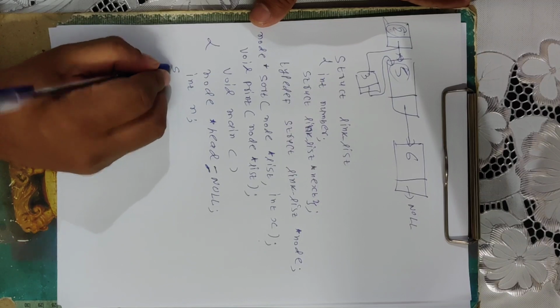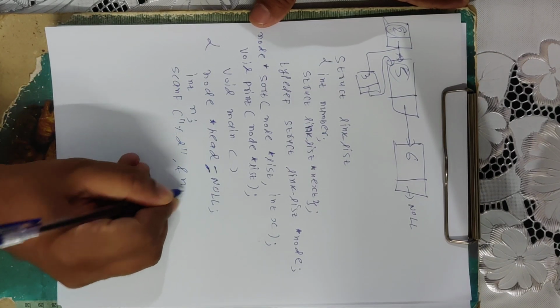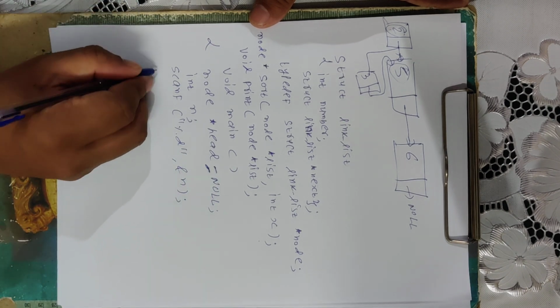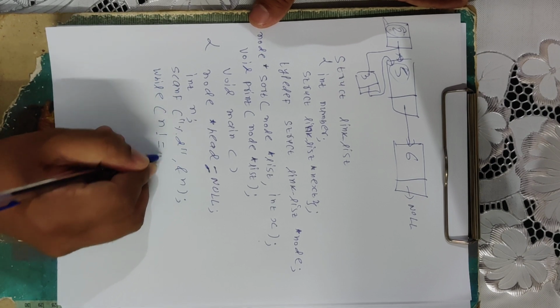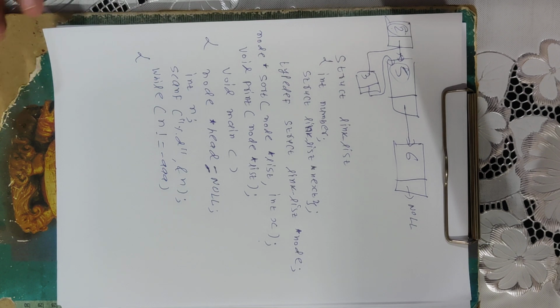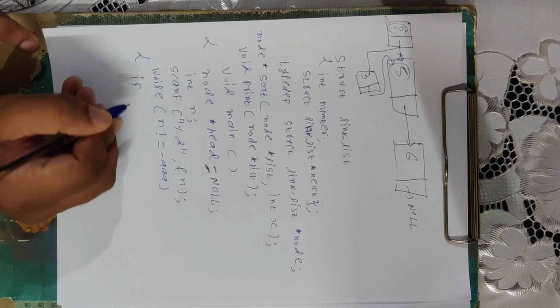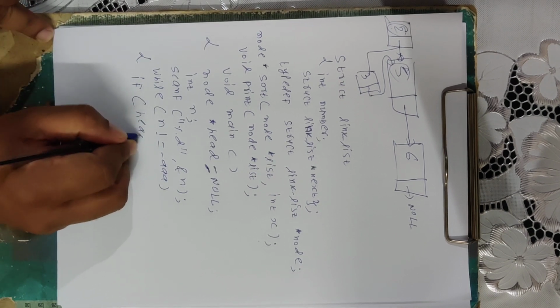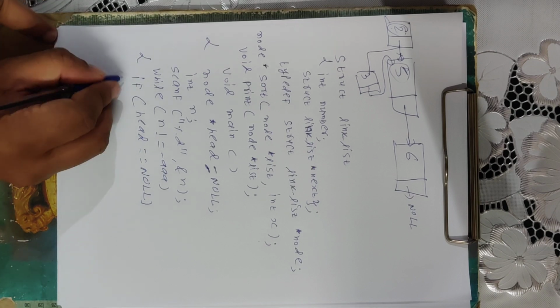Now I am taking the value of n from the user, for that I am using the scanf function. After this I am putting the condition while n does not equal -999. Whenever you start this program and try to do the first entry, there is nothing to compare with. At that time we check if head equals NULL, which will be true only when you are starting your linked list.